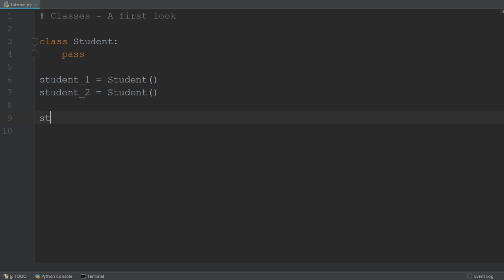For example, let's say that our student 1 has a first name. We'll abbreviate first name with first. First equal to Bob. And our student also has a second name, a surname, and we'll abbreviate the surname with last, which is short for last name, and we'll call him Bob Griffin. And we also have an email address for this student,